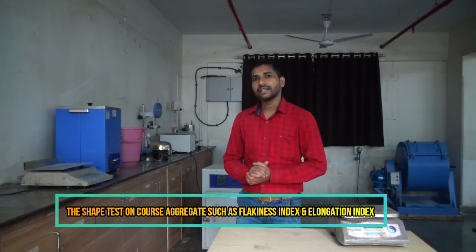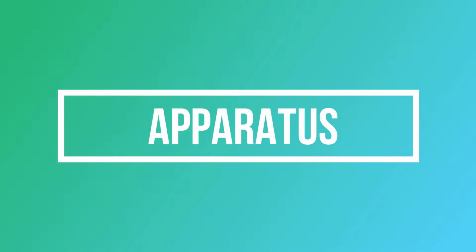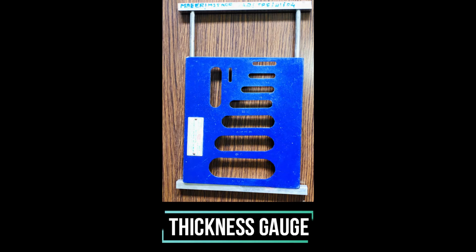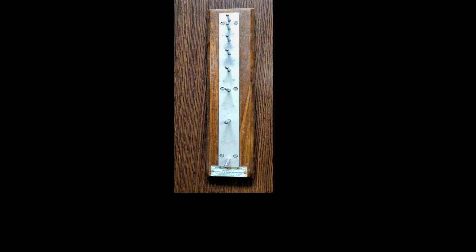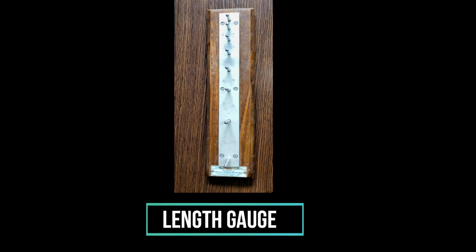Flakiness index and elongation index as per IS 2386 part 1. Apparatus required: a standard thickness gauge, a standard length gauge,